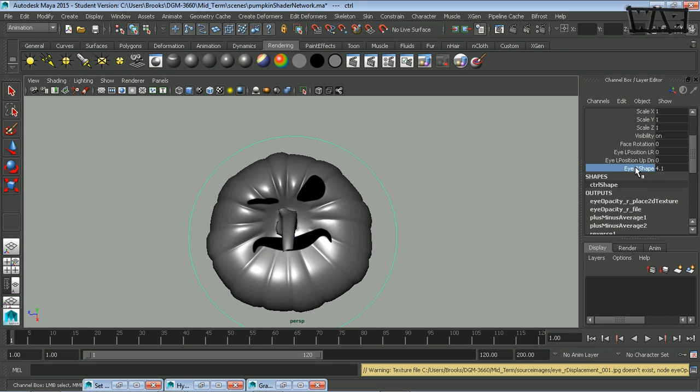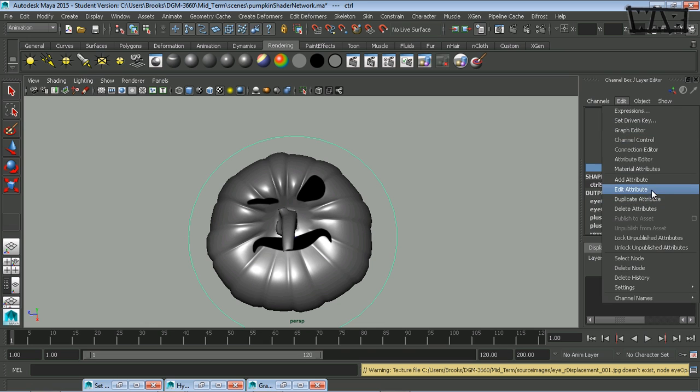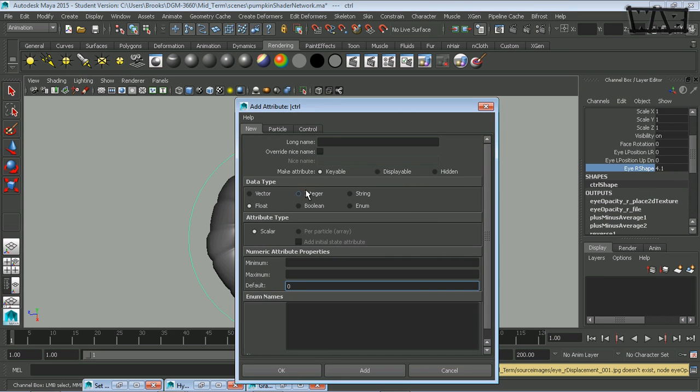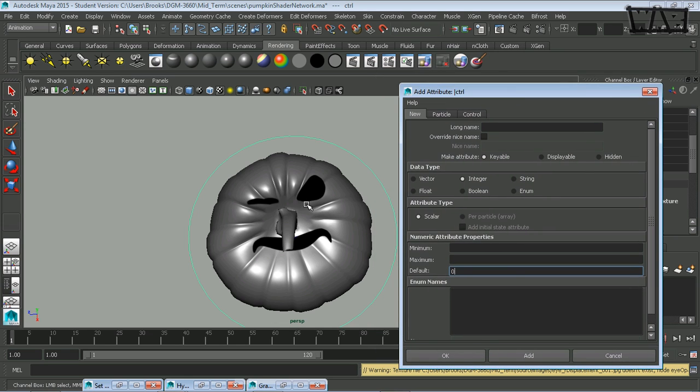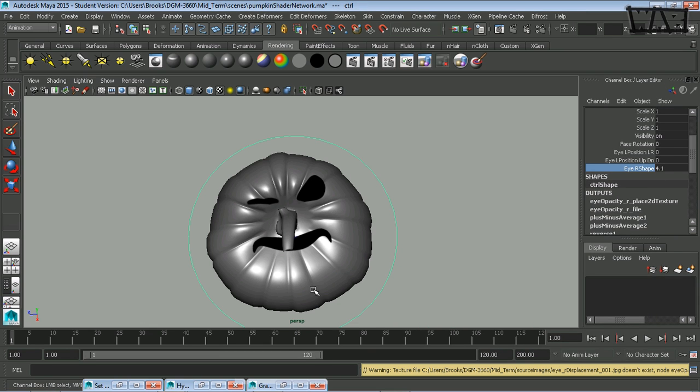Now there's some things I should have done differently. Okay, if I was going to use set-driven keys, there's a different type of attribute called an integer. And integers are only allowed to be whole numbers, like 0, 1, 2. They can't be like 1.5. Integers make sense here when you're trying to select a frame number. Okay, so you'd want to use an integer attribute. I'm going to show you another way to do it though,